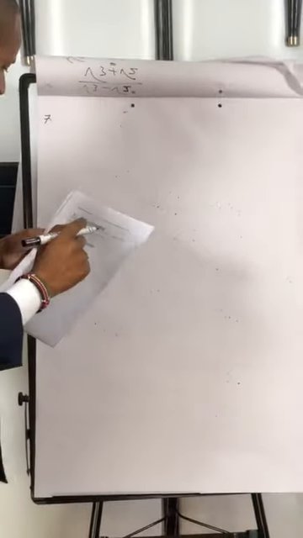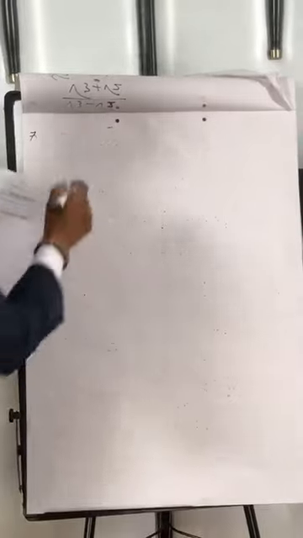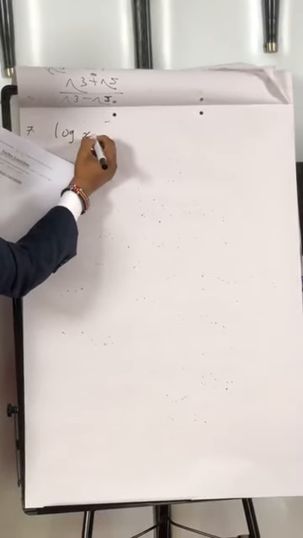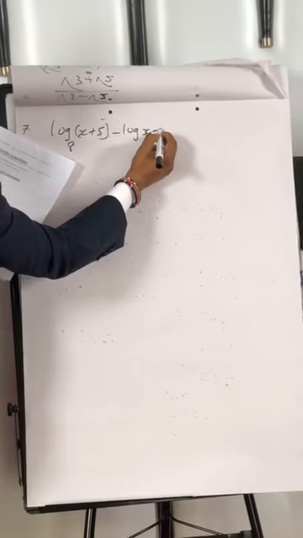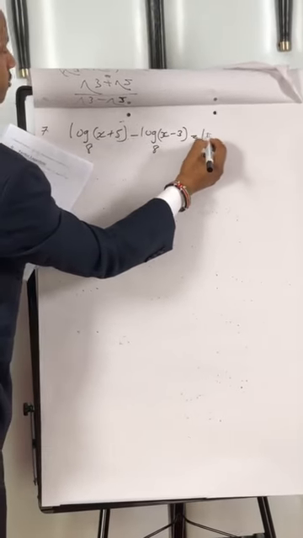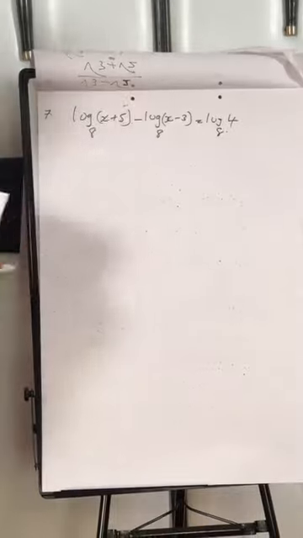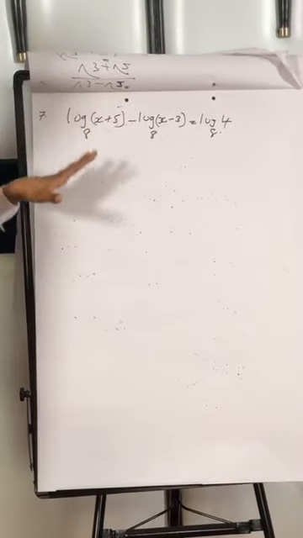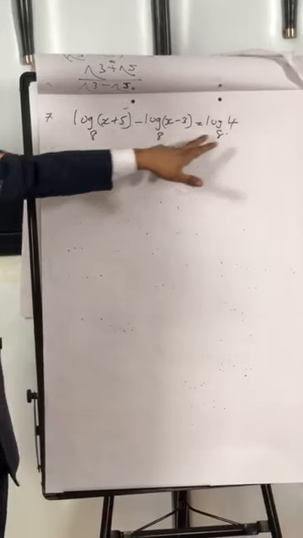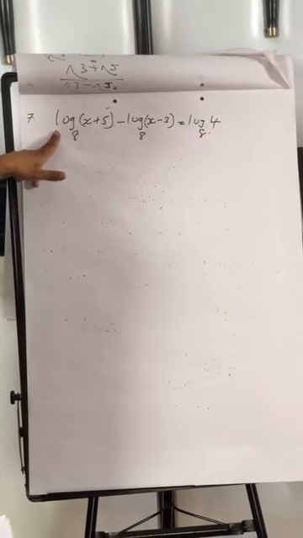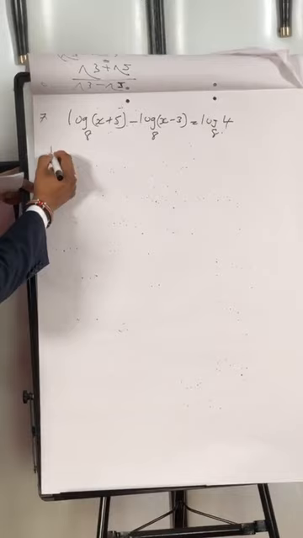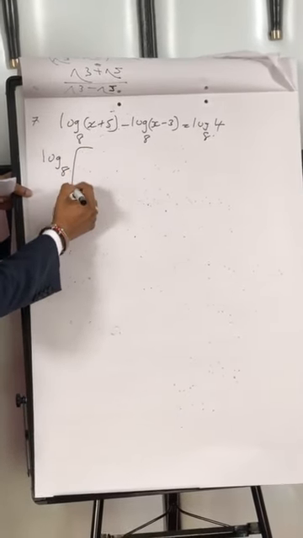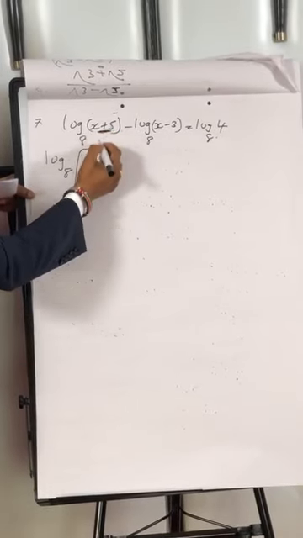Further logarithms. Without using a calculator or a mathematical table, solve log of x plus 5 to base 8 minus log of x minus 3 to base 8 equals log 4 to base 8. When you are faced with such a challenge, number 1, you identify if the logarithms have the same base. Here they have the same base, which is base 8. Number 2, if they have the same base, you collect the logs to the same base on one side. So you write log to base 8 of the first value you are given,